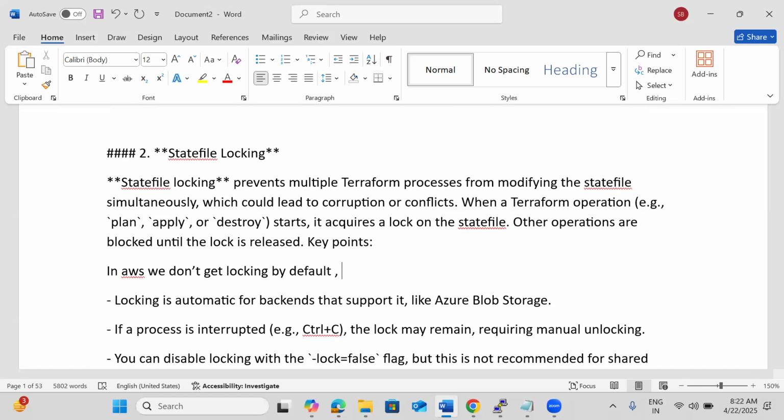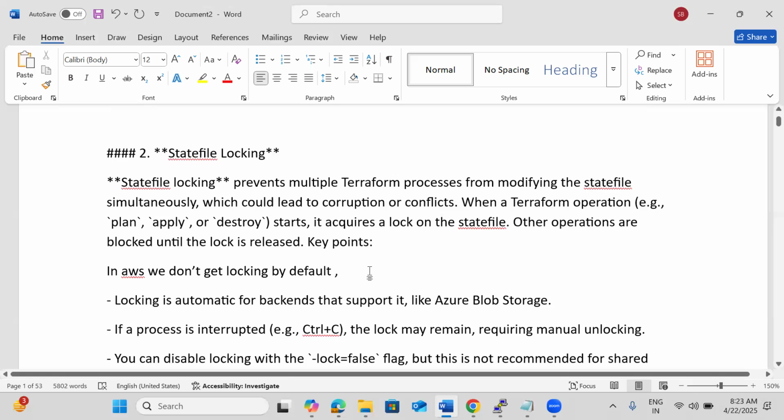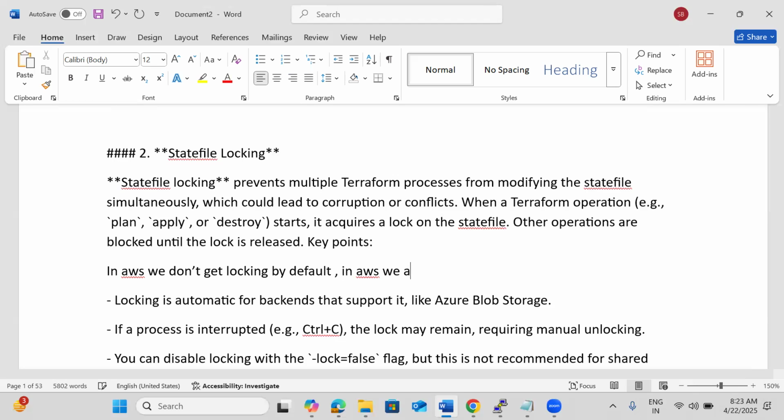Azure ARM template, right? No. The Blob remote backend, blob storage. Yeah, Azure Blob storage we are using for our remote backend. Okay, if I use the same approach in AWS, we are using